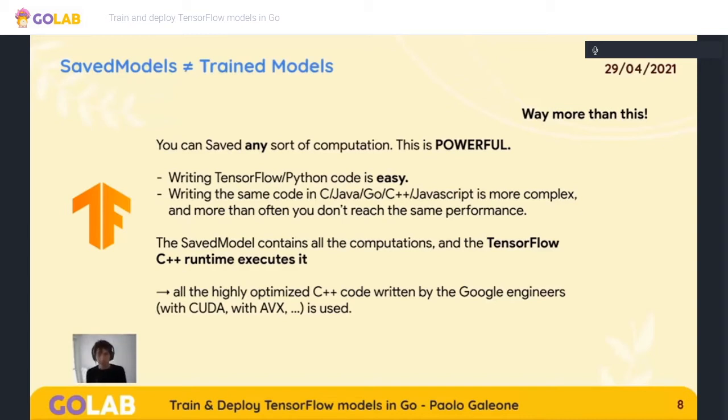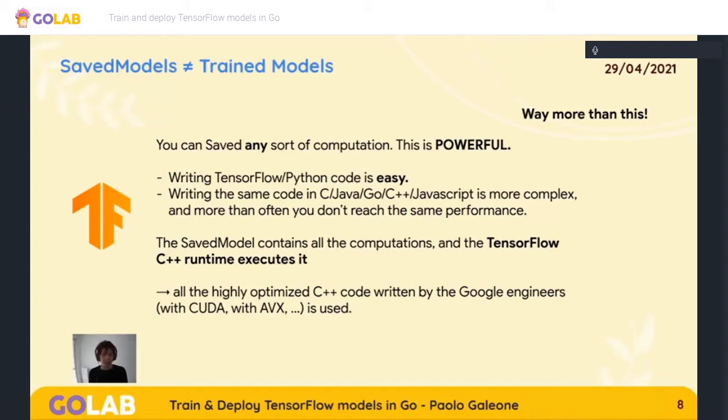In fact, with a SavedModel, we can represent any sort of computation, and this is really powerful because we can write everything using TensorFlow in Python, and it's easy. We can define training loops, we can define iteration over datasets, we even have hash maps inside of the TensorFlow source code. We have almost a complete standard library and even more. And then the very same exact code can be executed by the TensorFlow C++ runtime on